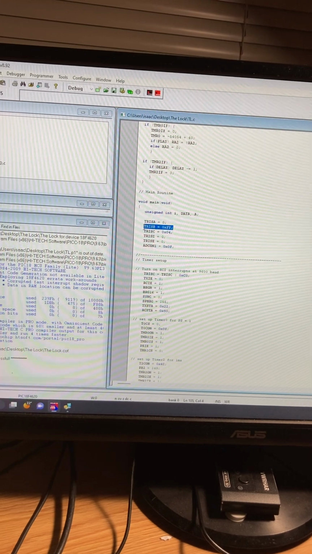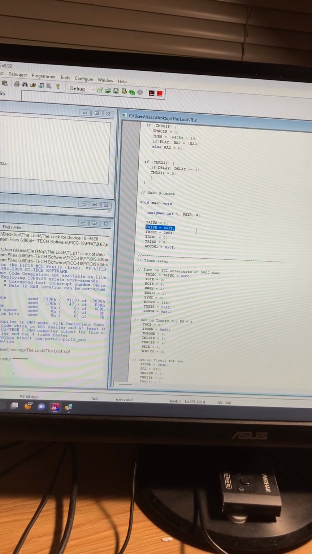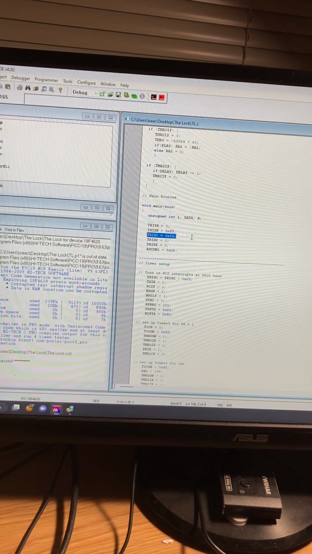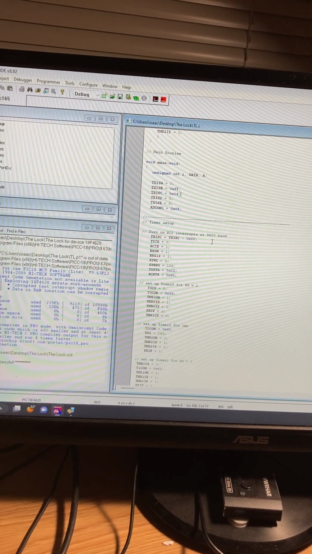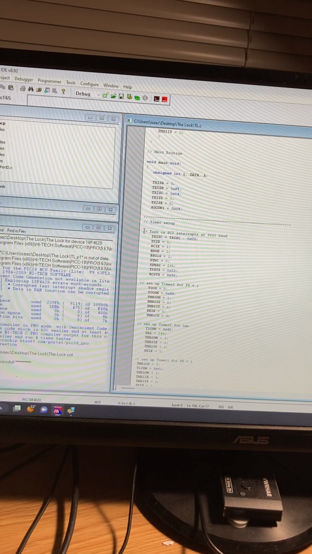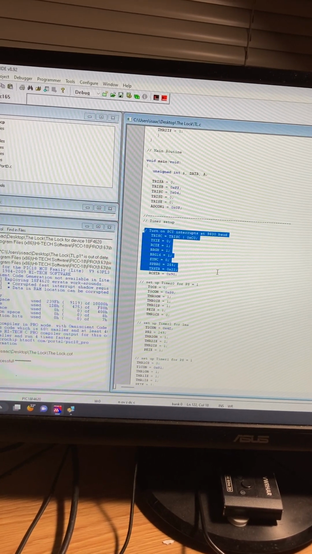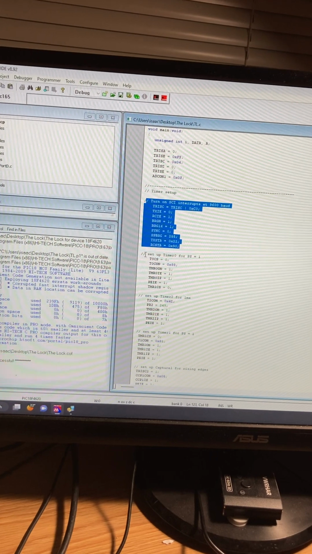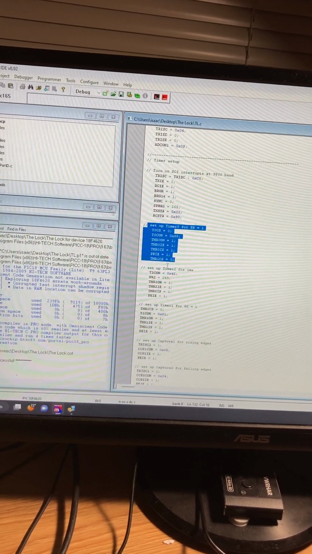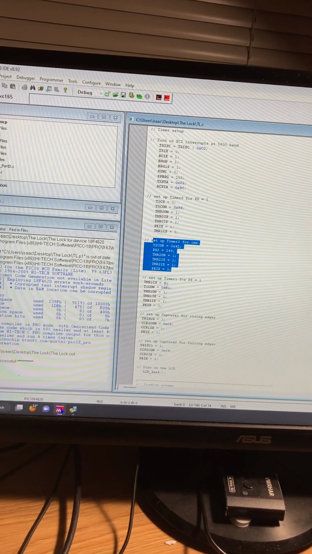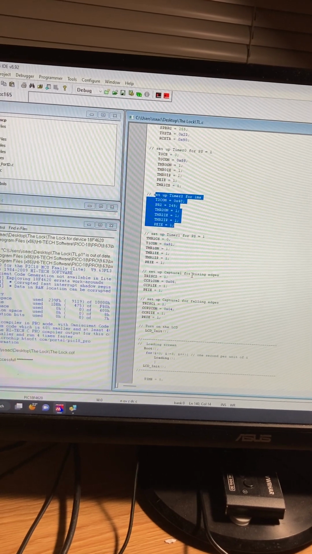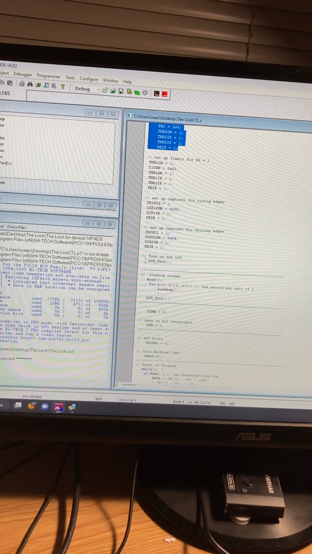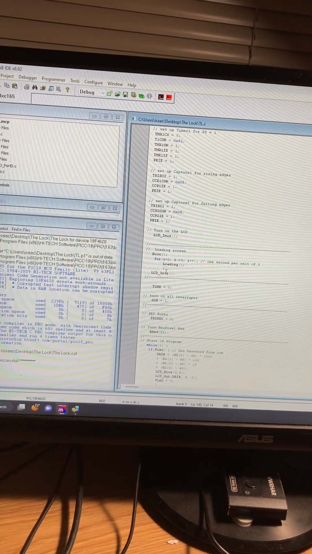I have port B set up as my input. Port C is set up as capturing every rising edge. And then for my setups, I have my SCI setup, interrupt setup. I have my timer 0, timer 2, timer 1, capture 1 set at rising edge, capture 2 falling edge. I initiate my LCD, I play a little loading screen,